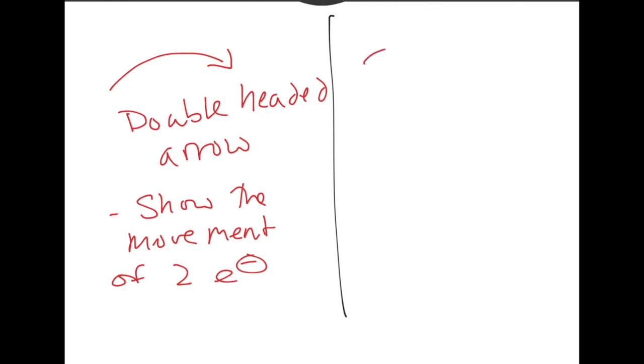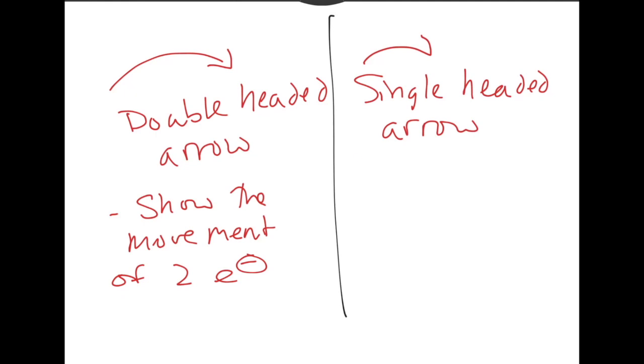So for radicals, we use a single-headed arrow, which is sometimes just called a fishhook arrow because it kind of looks like a fishhook, right? These show the movement